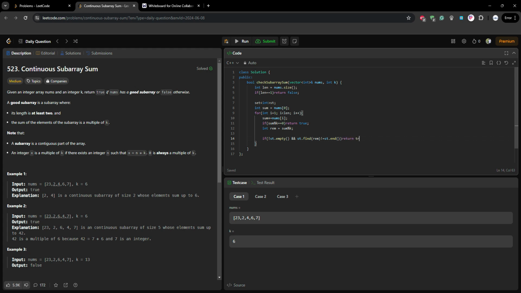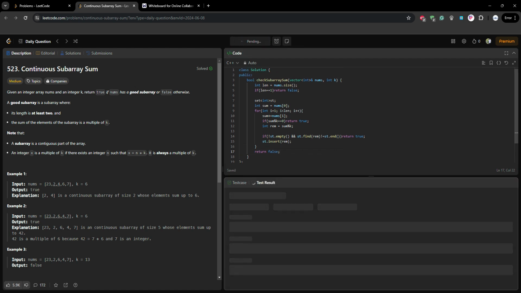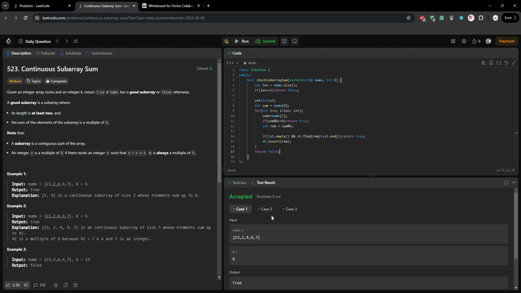Therefore return true, otherwise just insert this current rem and move forward. If after doing all this we don't find anything, return false. Now run the code. So three cases have been accepted. Let me submit and see how it goes.